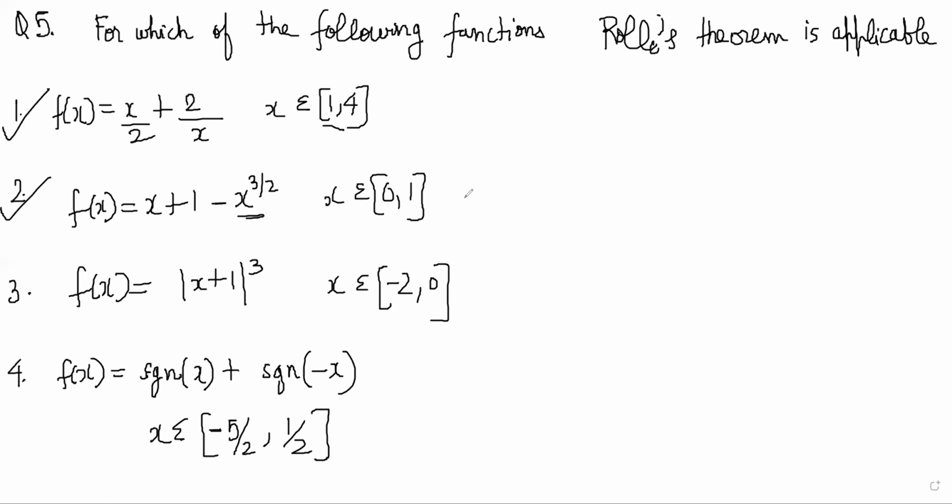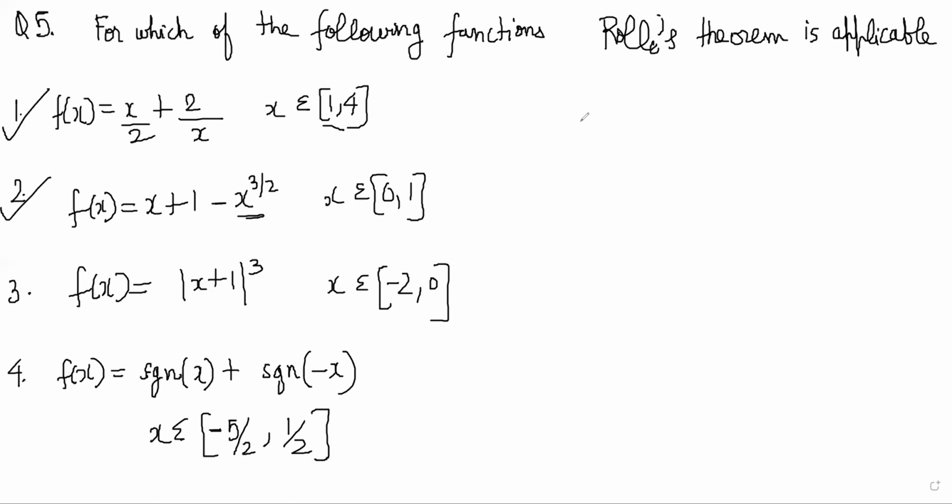Let's think of this one now. f of minus 2 is equal to f of 0 when you put those values, and the values are the same. Minus 1 we have to check now. You are checking for the sign. Continuity and differentiability you have to check in this interval.